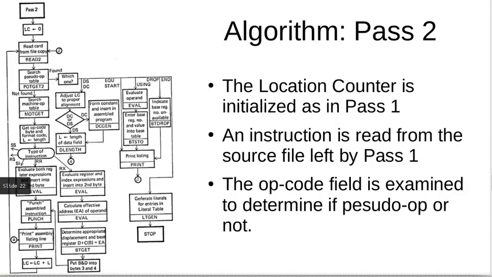Moving ahead, we will start with the algorithm for pass 2. Similar to pass 1, first the location counter is initialized to the relative location 0. Then we read the first instruction from the source file, right? Again, similar to pass 1, the opcode field is examined to determine if it is a pseudo op or not. If not a pseudo op,